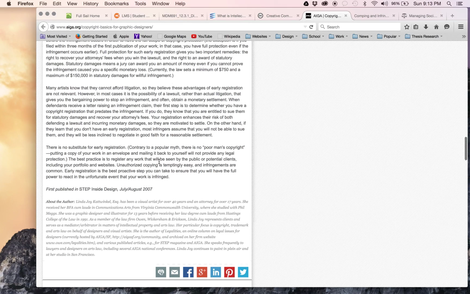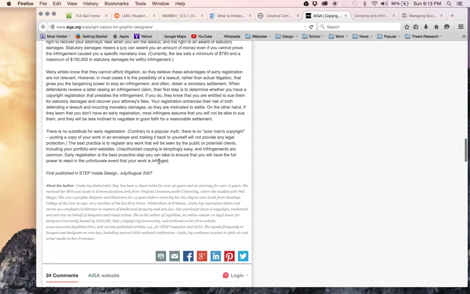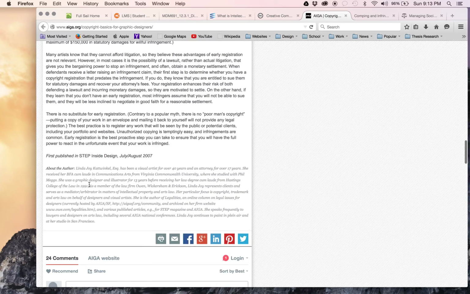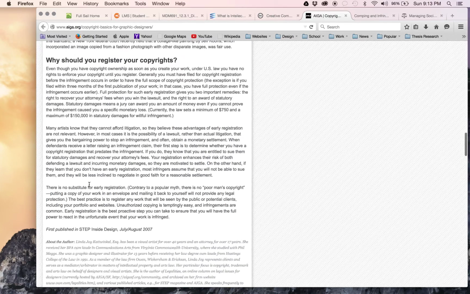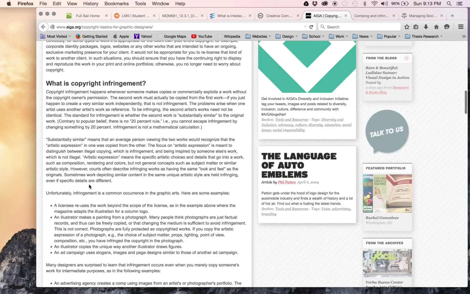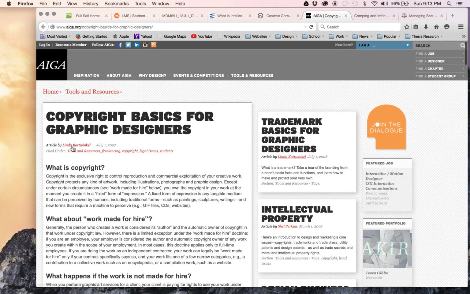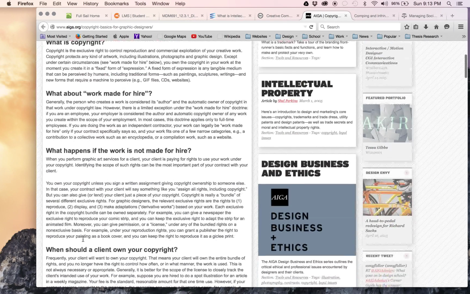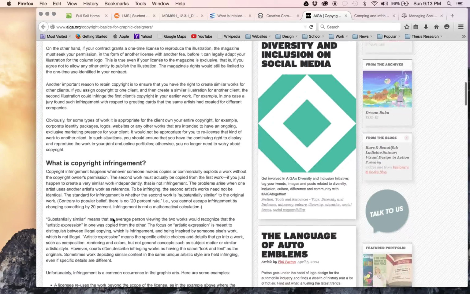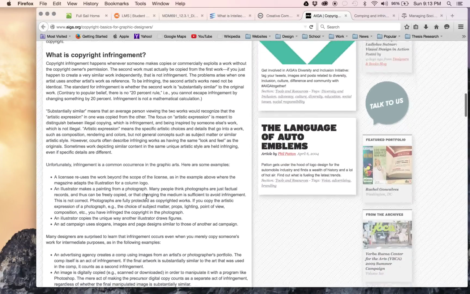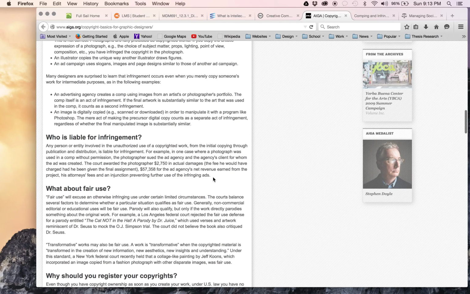And this person who wrote this from AIGA, now it says that she wrote it here about the author. Now she was the one who wrote it here, but she's also not giving herself credit. So although she did write it in both places, it's still kind of like she's jumping on her own bandwagon. So in this case, I would guess, in my mind, I'm like, ooh, this isn't good.